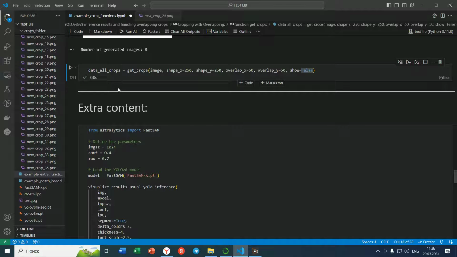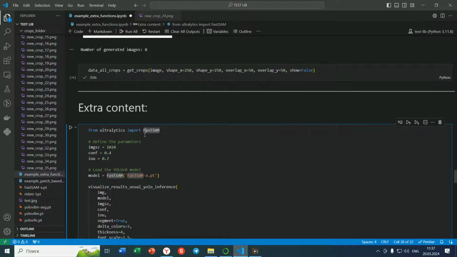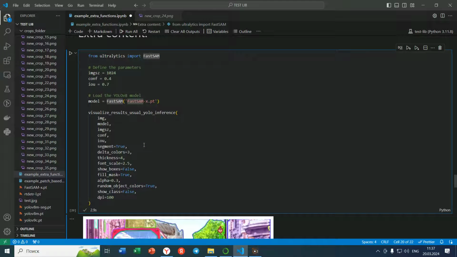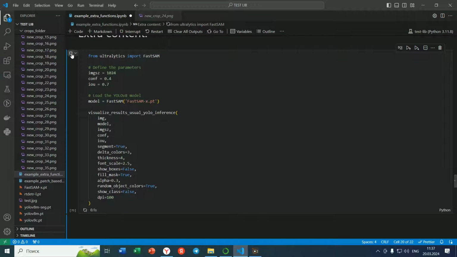And the last one, extra content for people who have patience and waited until this moment. This method of visualization that I was showing you before, it's not only for YOLOv8. This visualization works with anything from Ultralytics. For example, YOLOv9, also FastSAM, and also real-time detectron, so RTDETR. Let's look at the examples. For example, we can specify FastSAM, it's the segment anything model from the company Facebook. And here, when we press,